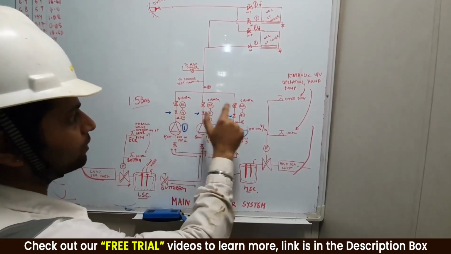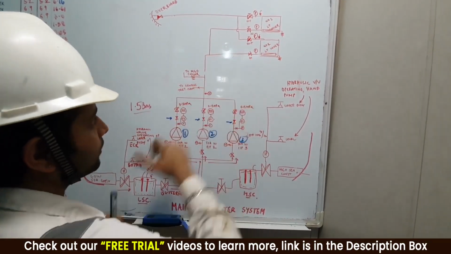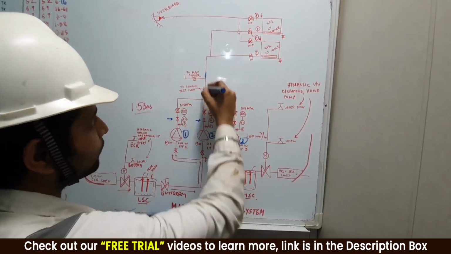उसके बाद फिर से एक butterfly valve given over here, so that all these lines are connected together and seawater is going in a common line over here. Can you see? This is a common line. So it is going to a common line over here.